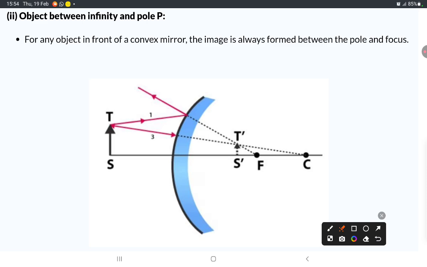between the pole and focal point, virtual. Why? Because it is on the opposite side, right? Why? Because the image is formed behind the mirror. And also lesser size than the object. So characteristics are